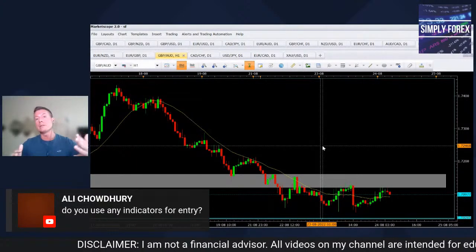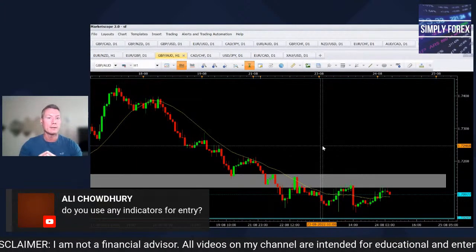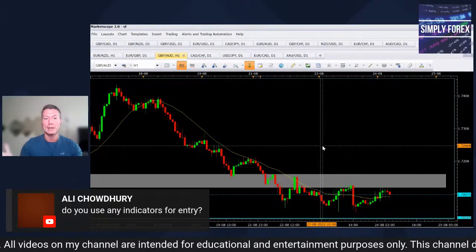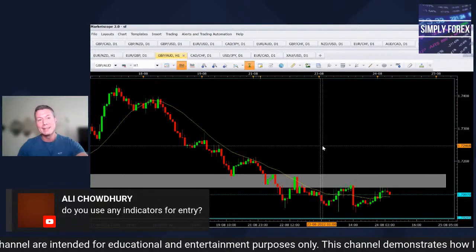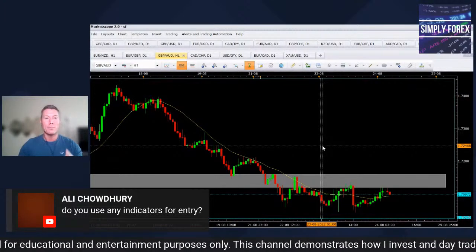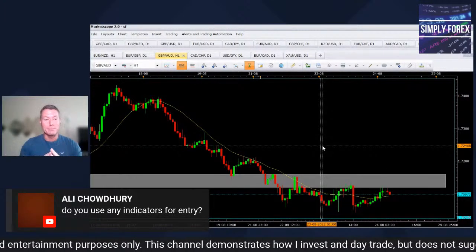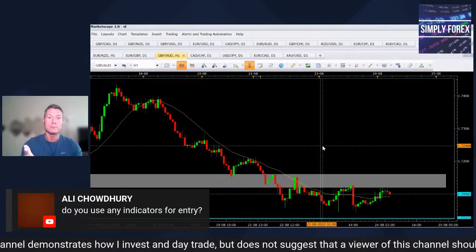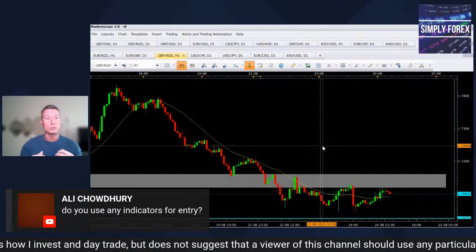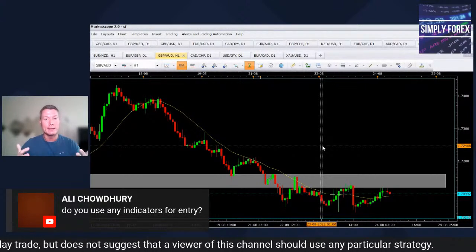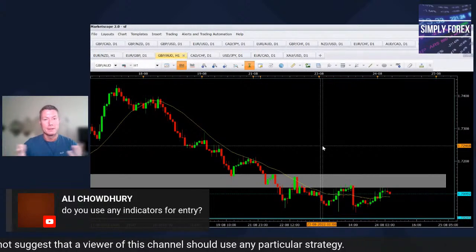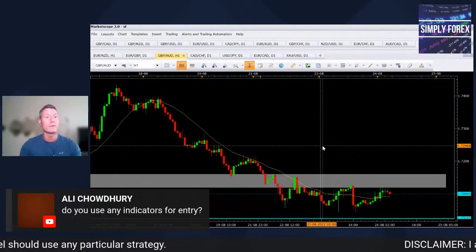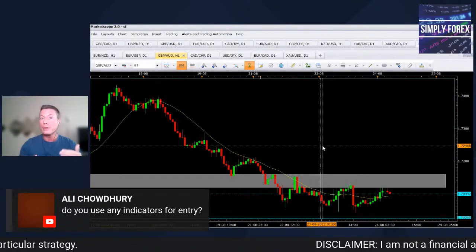I have done over the years. I remember when I first started out, guys, I had literally like 10 indicators on my page and I could barely see the candlesticks. That's how bad it got. And I wasn't making money. It wasn't until I got rid of all the indicators and just focused on price action, what the candlesticks are telling me, that I started to make money. Okay, guys, so that's my view on indicators, but it does work for others. I'm not saying they're pointless, but they are lagging.